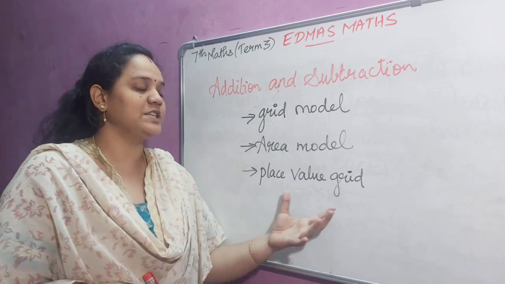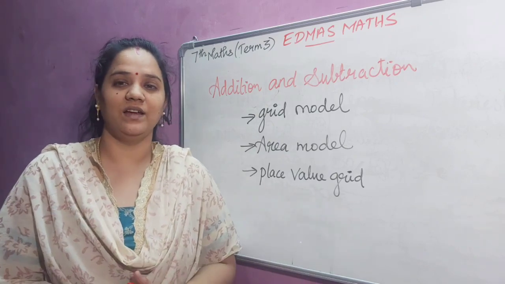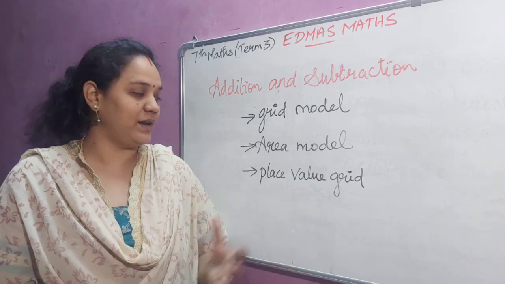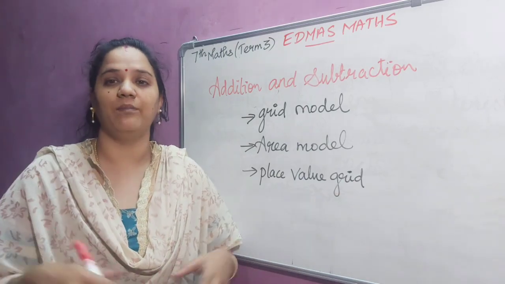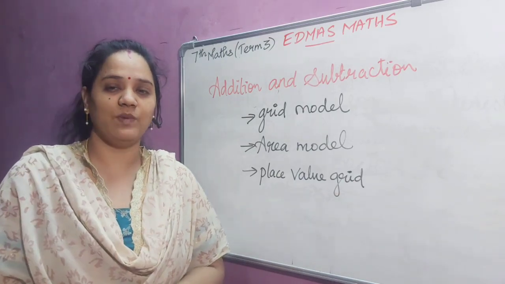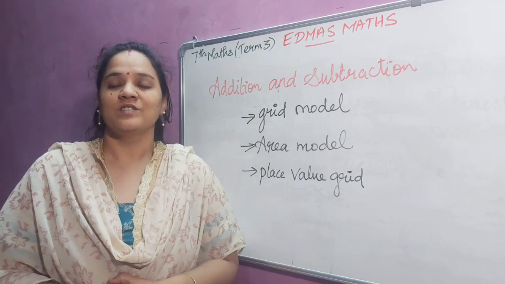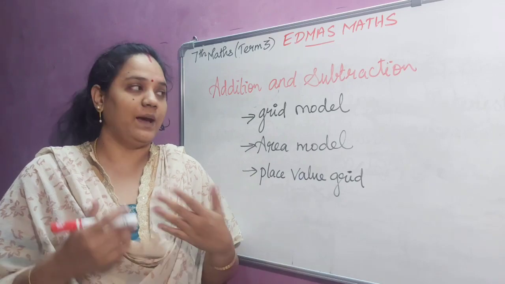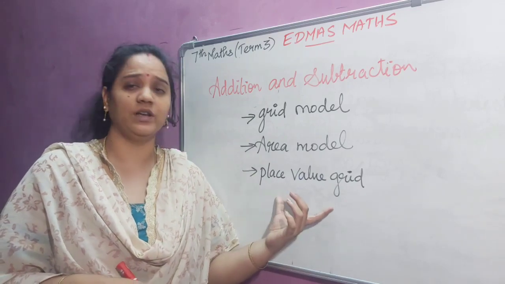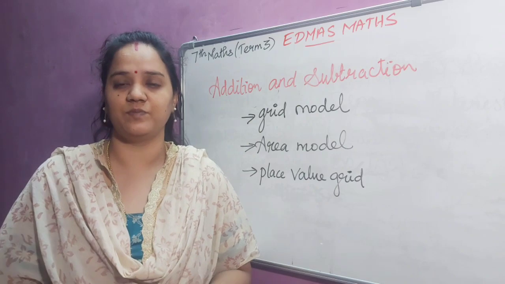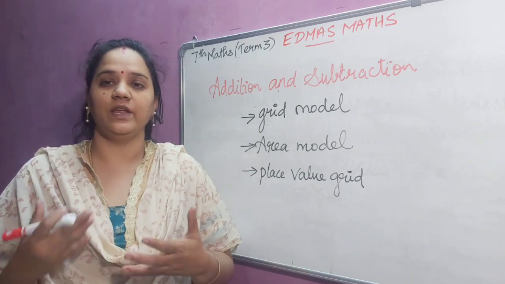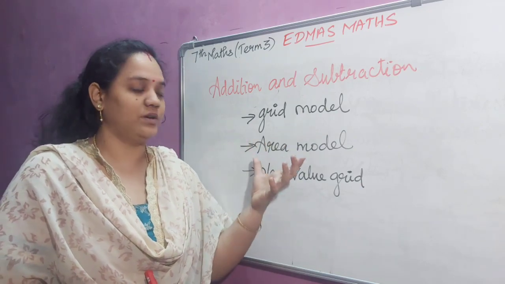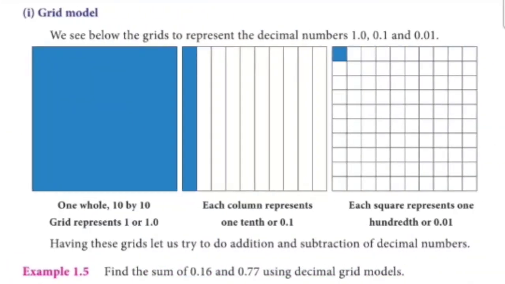And the last one is place value grid. Already in last term we learnt about place value grid, right? For representing a decimal number in place value grid, we drew one tabular column and we used to write the decimal numbers in that tabular column. Am I correct? I will share the link to last term's number system video about decimal numbers in my description box. If you want to recall that bit, please watch that video. Now we are going to see each method separately.